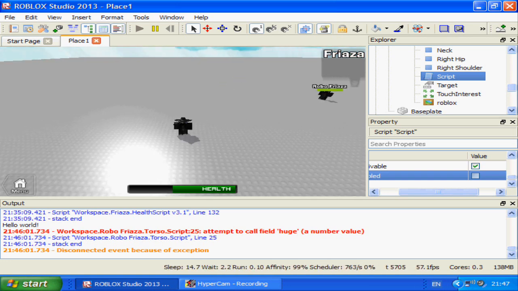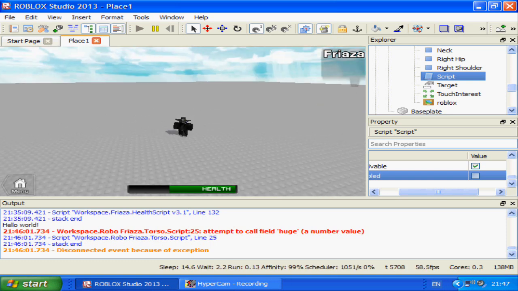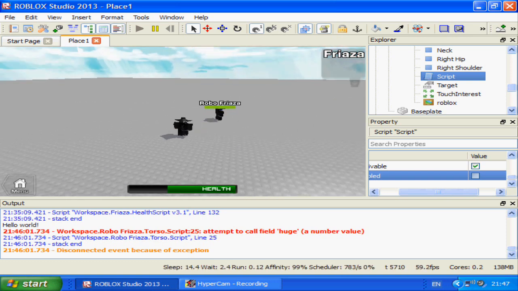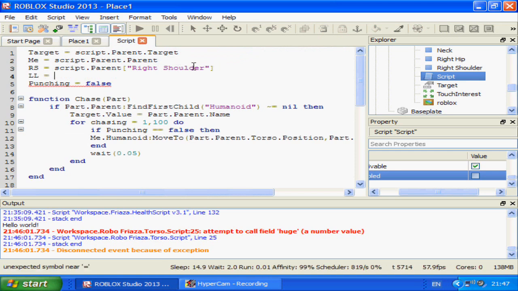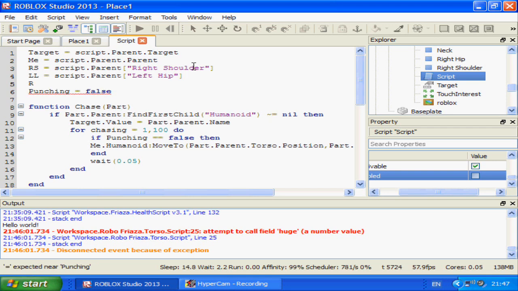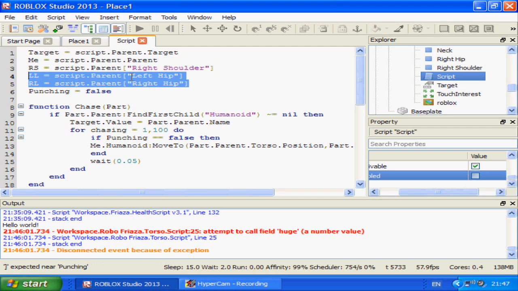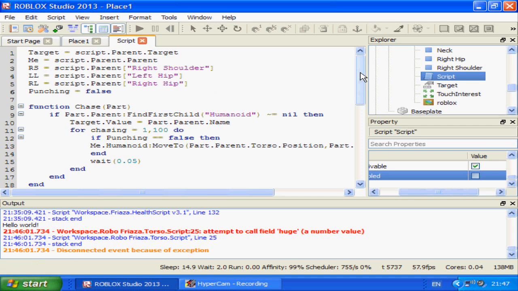Now once it stops chasing us, I want to make some additions to this robot NPC. So here ll equals script.parent left hip, rl equals script.parent right hip, and now we've tagged the left hip as ll and the right hip as rl,